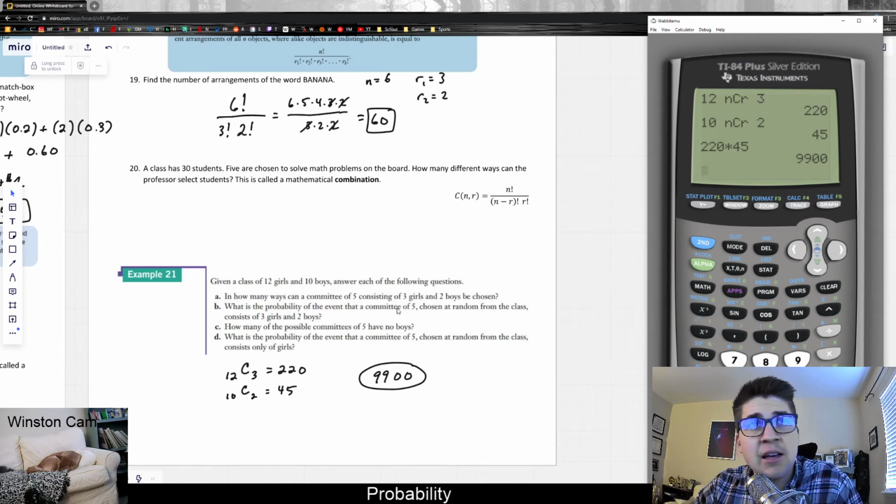So this is sort of saying that if we took the whole class and formed a committee of 5, the whole class consists of 22 people. And if we just chose 5 at random, meaning ignoring the split between girls and boys, this would give us the total number of 5-person committees we would get. And in order to calculate a probability, that's what we need to do. We need to take the ratio of an acceptable outcome. So this would be our numerator, and this will be our denominator. So if we go ahead and do 22 choose 5,